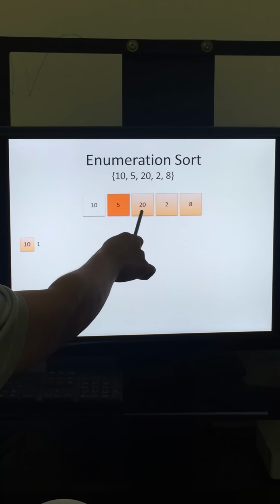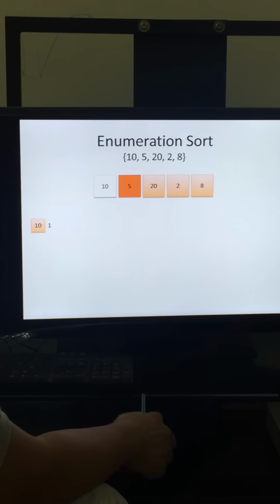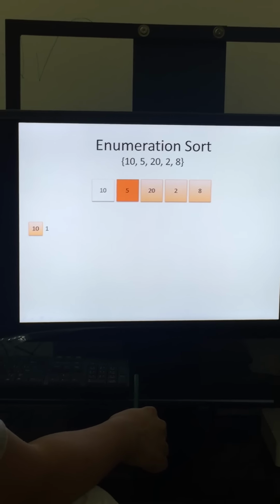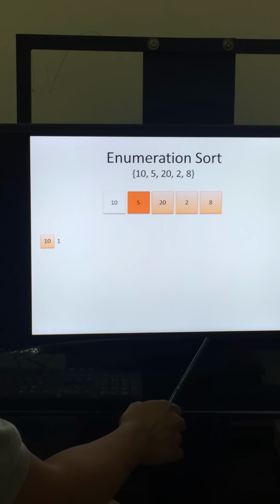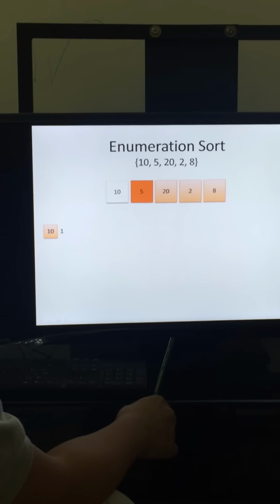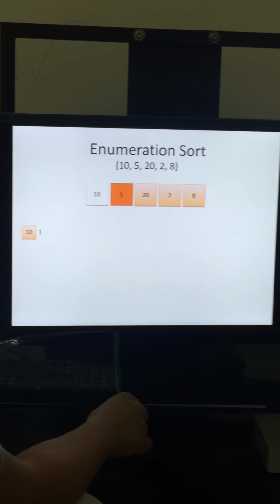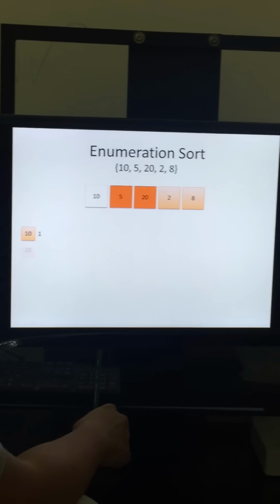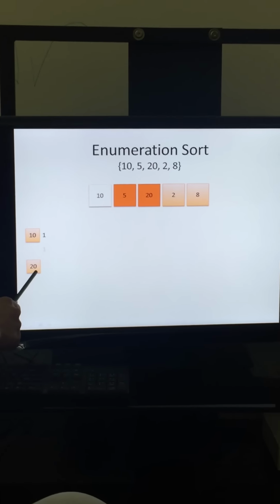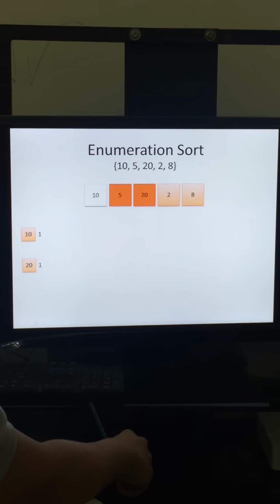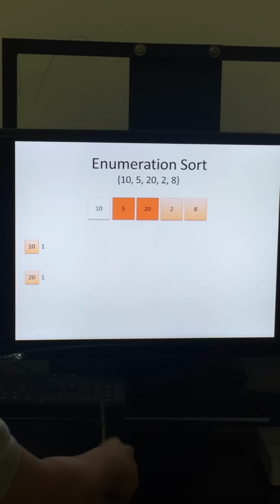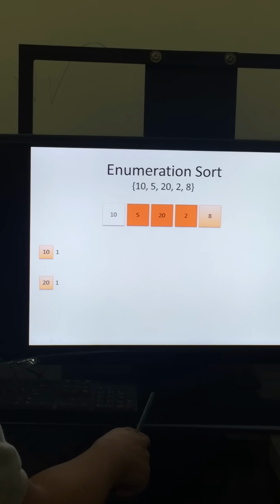10 is greater than 20. False. Because it's false, we will see that the 20 is higher than 10. Now, we will add 1 for 20. Then first element to 4